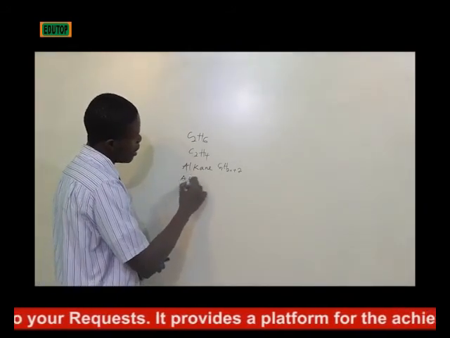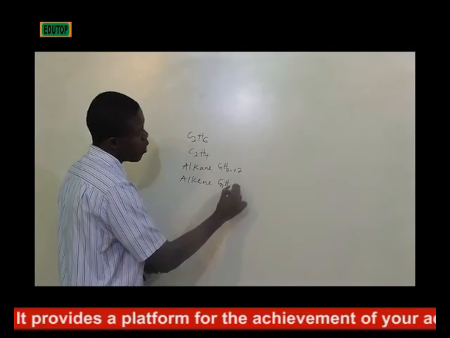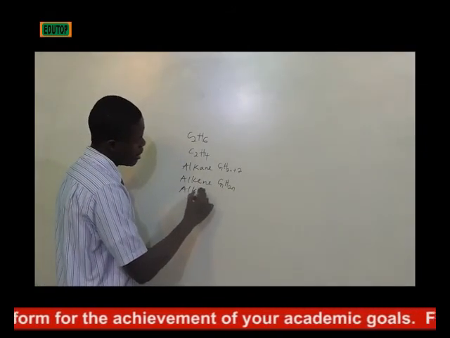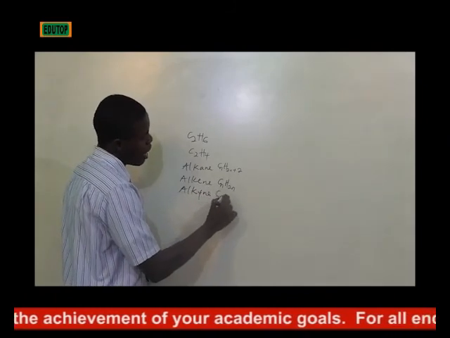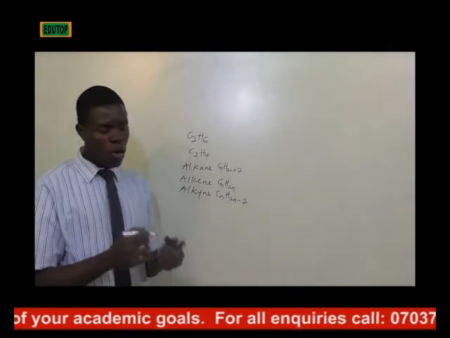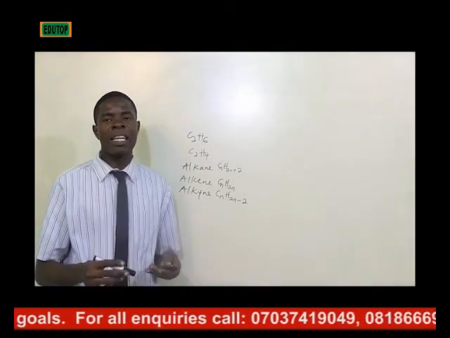For every alkene, it will be CnH2n. For every alkyne, it will be CnH2n-2. So they follow a regular structural pattern, and they also